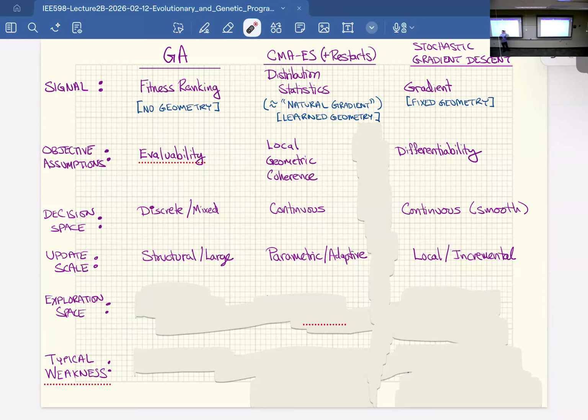I can run multiple gradient descents in parallel if I have diverse initial conditions. And maybe I'll get lucky and I'll start them in exactly the right place for them to find local peaks. But they won't explore any. They really depend on me setting them up. So it's very local.